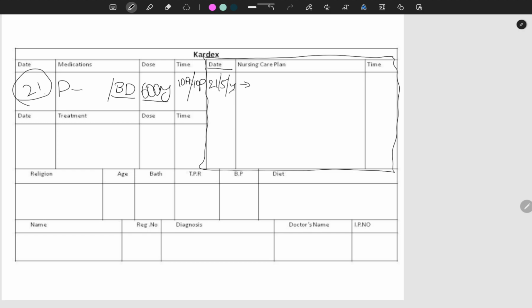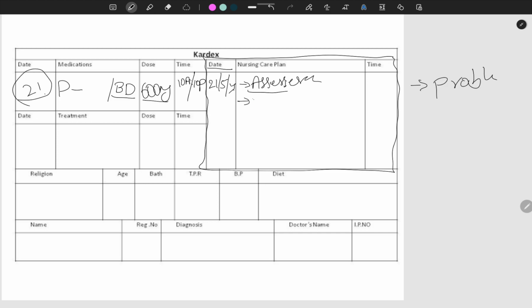For example, you have taken the patient, firstly you go for the assessment. Before assessing the patient you should not go for any procedure, any care. Why? Because by assessing only you can find out the patient's problems. First of all you need to go for the assessment, and then you go for the